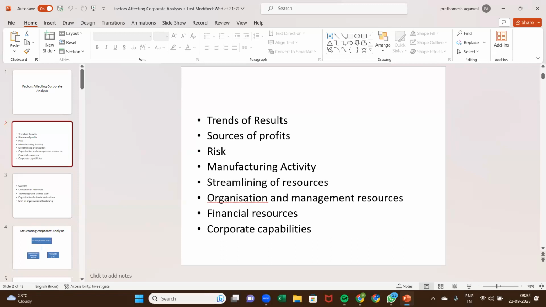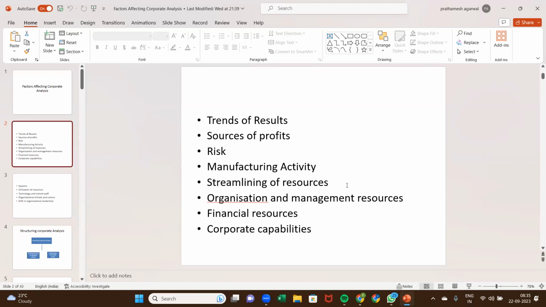Whenever we think about manufacturing activity, the first thing a manager will think of is cost reduction. Now, cost reduction in terms of production cost, and then proper utilization of the resources. As I said, resources can be plant, machinery, labor, raw materials, and the latest technology. Then we have